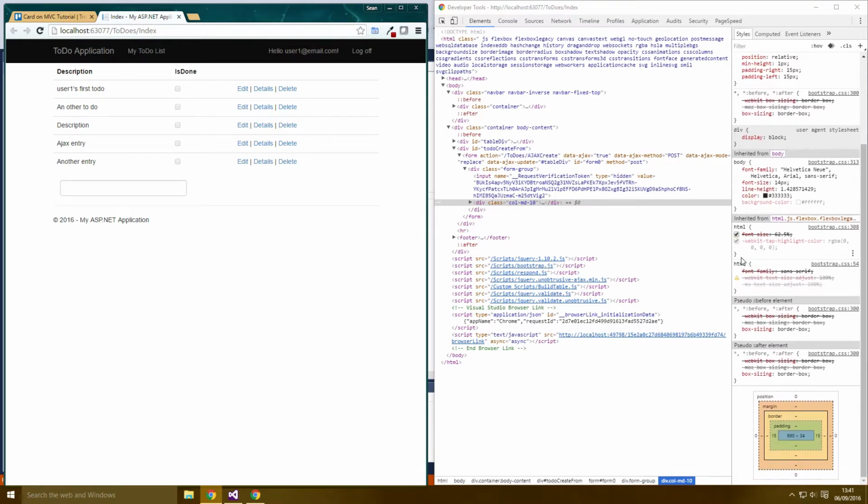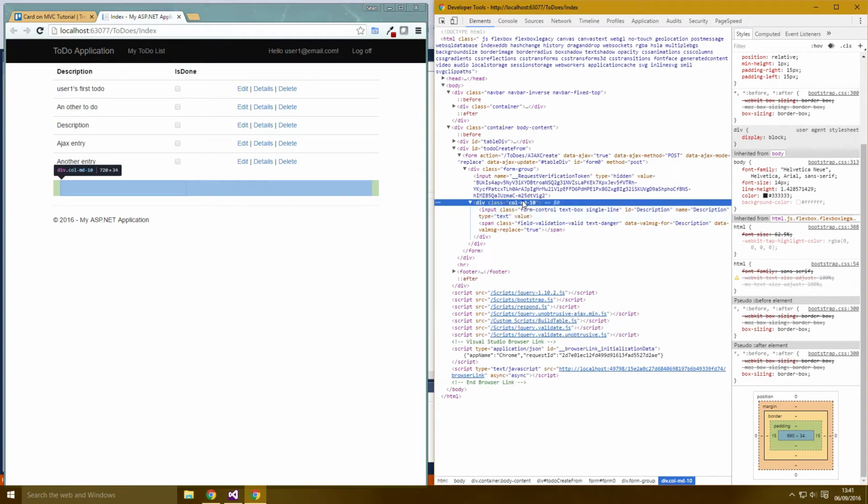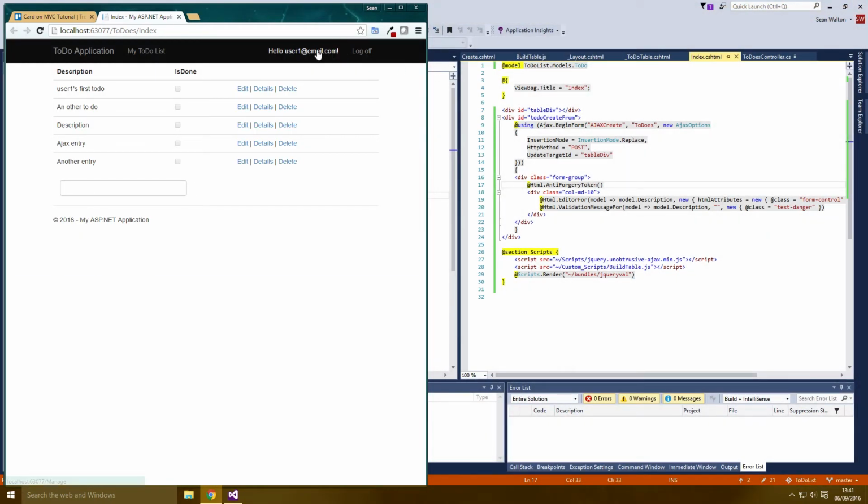But it can get a bit complicated, and you've got all these things like position, margin, border. But look, I've selected this element, and I can mouse over, and it's showing me on the screen that green is where the padding's come from. So I could make a rule to get rid of that padding. I could change this class to use a different class. In fact, probably the simplest way is